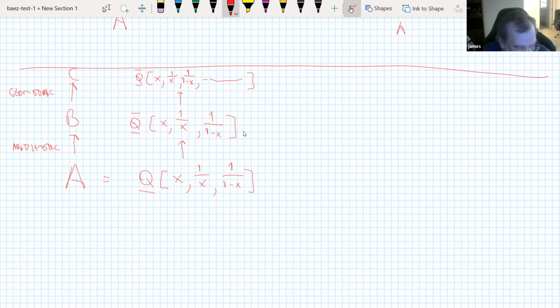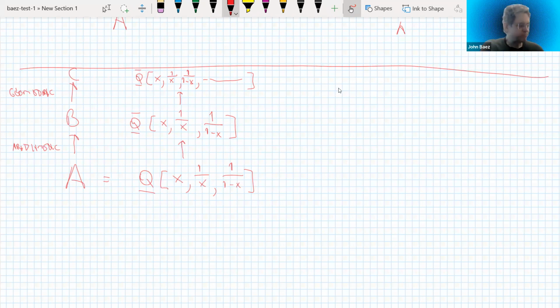But I think I understand it better now by thinking of it this way. I don't think he said it this way explicitly, but I think this is all that's going on. It's this first step where you do all of the arithmetic stuff, and then the second step where you do all the geometric stuff. And the result is that you get this short exact sequence,